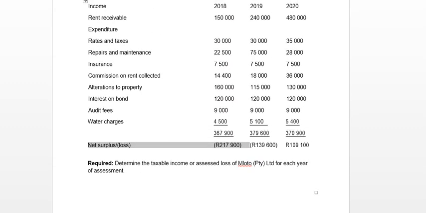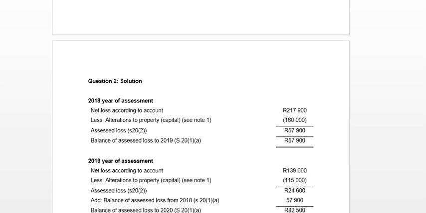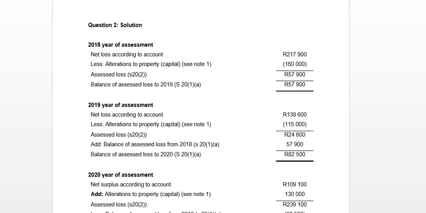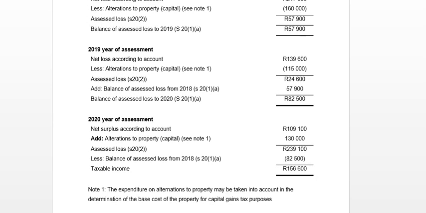Here we have alterations to property, but we know that they are of a capital nature, so that should not be included as part of your deductions, because it's specifically excluded as part of the definition. So we need to subtract that. So in other words, we've got an assessed loss of 57,900,